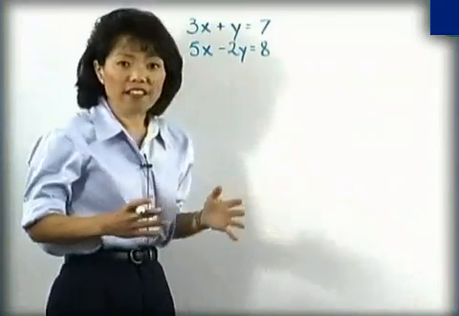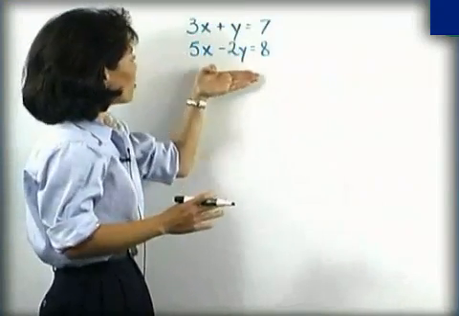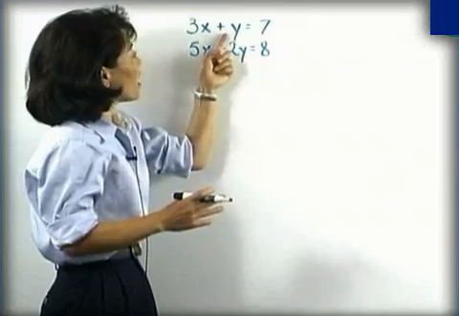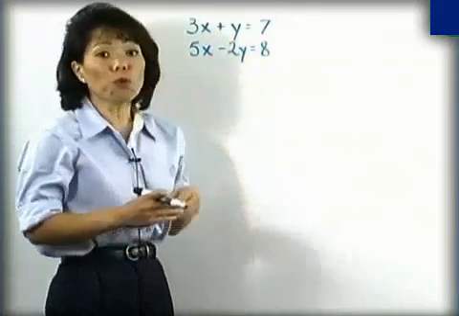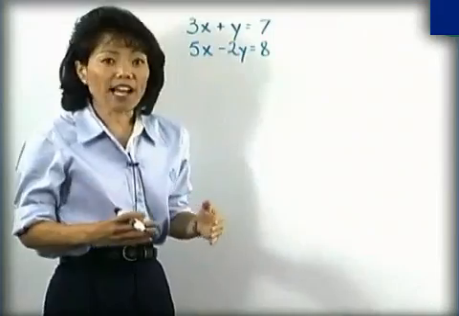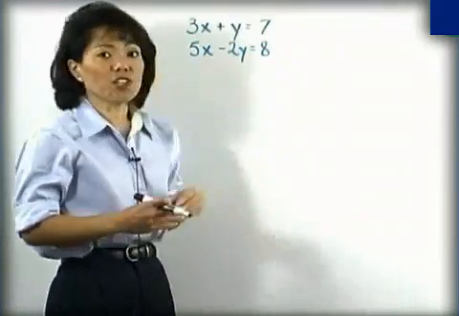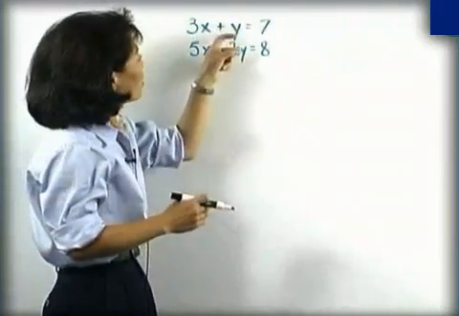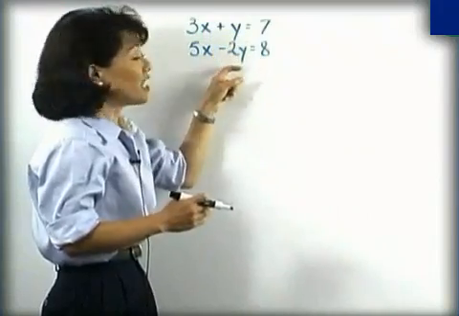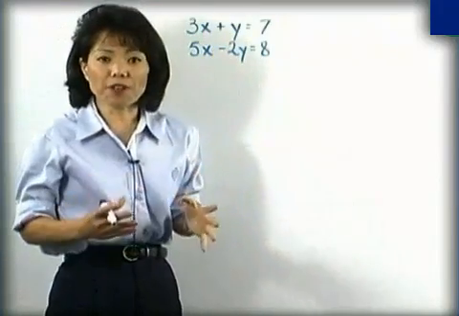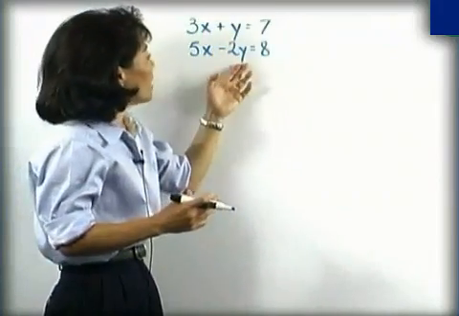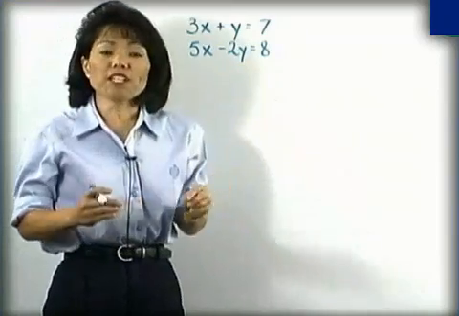So what that means is this. For instance, in this system, if this second entry was 2y instead of just y, when I add these equations vertically, 2y plus negative 2y would be 0, and then I would have eliminated the y's,